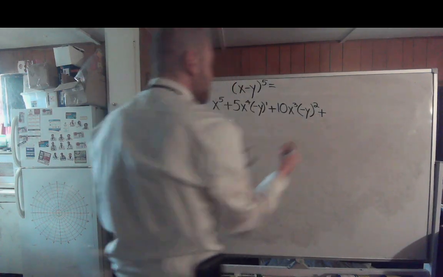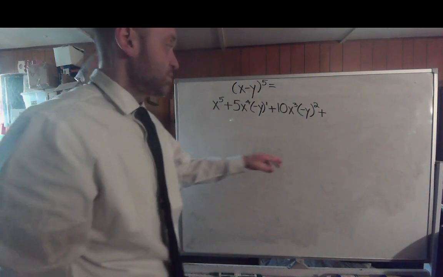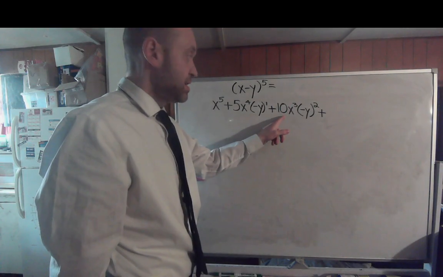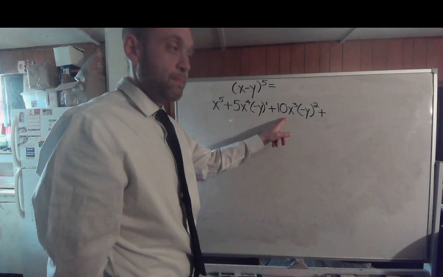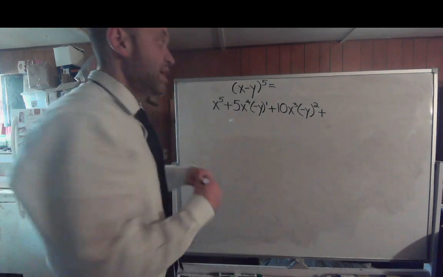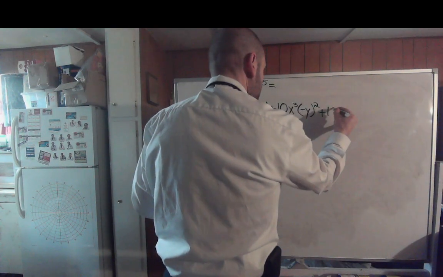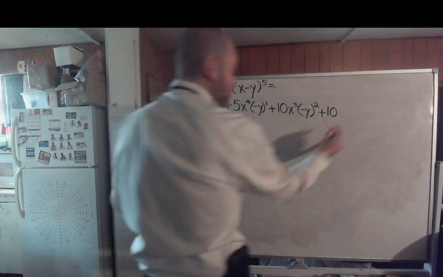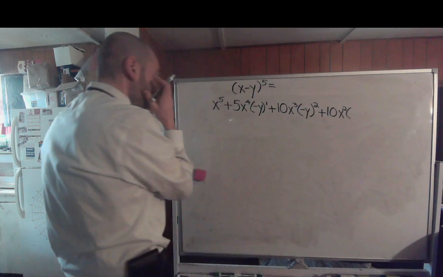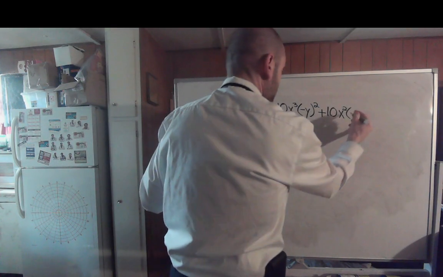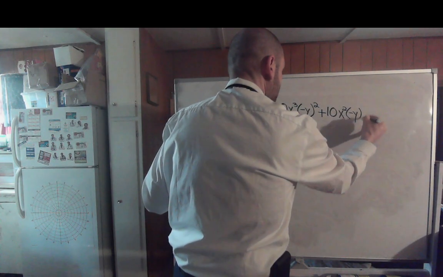plus, then to get your fourth term, take that 3 times that 10, that'll give you 30, divide by the current term you're on, which is 3, so 30 divided by 3 is 10. Now lower your first term another degree, so that'd be x to the second, times your second term of negative y raised another degree, so that would be negative y raised to the third,